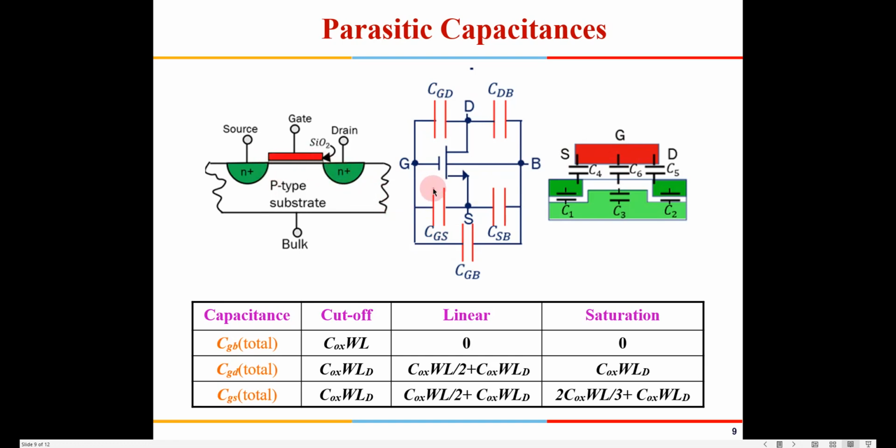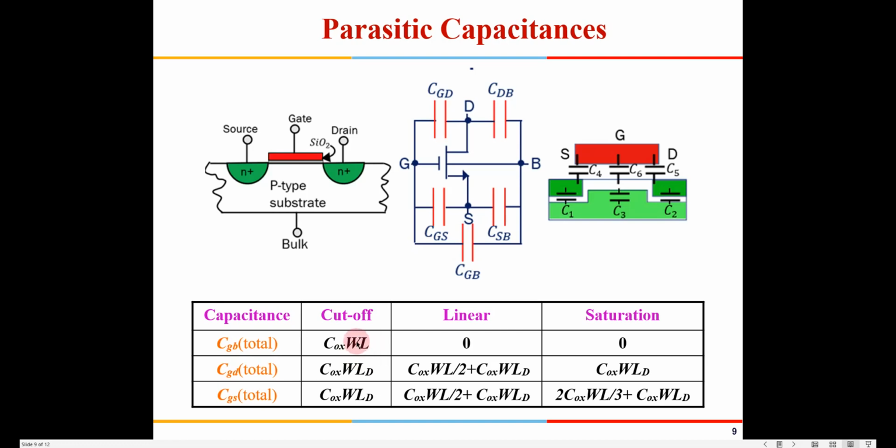Also, when we fabricate it, generally we make a poly gate, and then we dope the N regions. So there will be some diffusion of N into the channel region also, and that causes some extra capacitances. The only thing we need to remember right now is that these devices have associated capacitances, and it is a function of W and L.